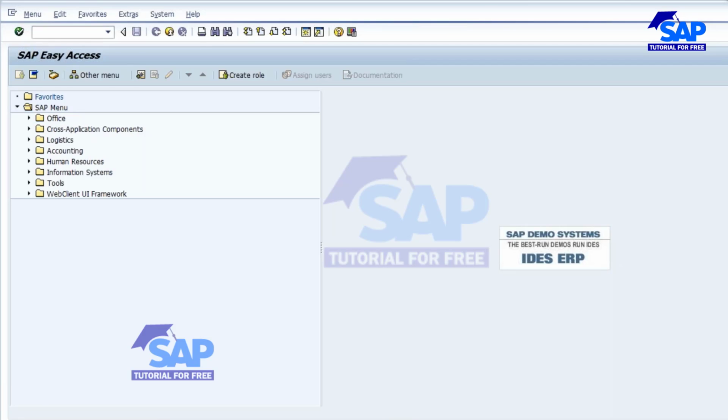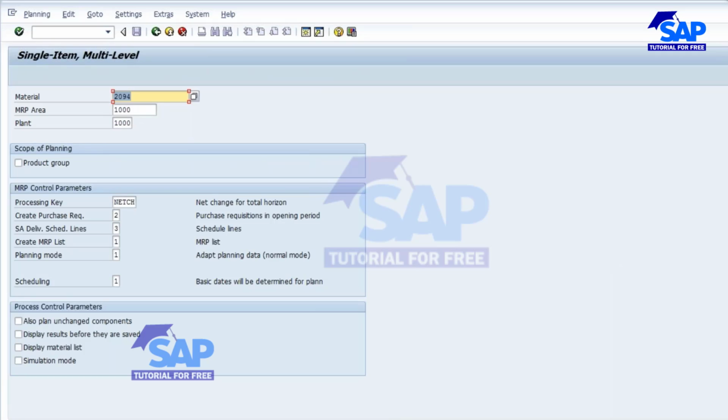See, when you see the demand management, you will be able to understand the end-to-end flow. Okay, so I'm carrying out MRP, single item multi-level planning, material 2094, and I'm executing MRP. Okay, so let me enter